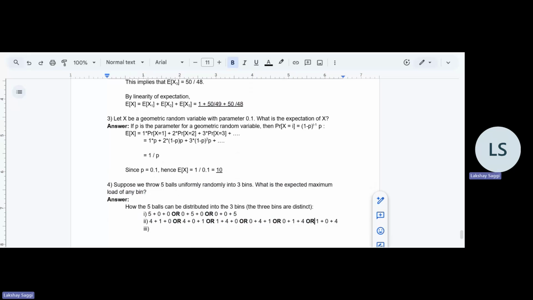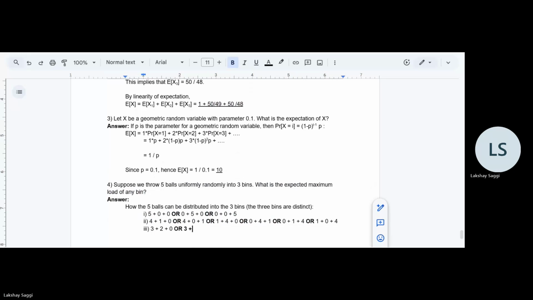So now we have 6 cases here. And now what's another way in which these balls can be distributed? Something like if the maximum number is not 4, but the maximum number is 3. Like the balls are distributed into the 3 bins, and the maximum load of any bin is just 3. Then what's the way? Either you have 3 plus 2 plus 0,